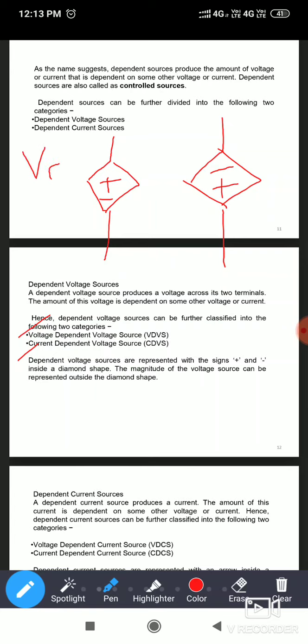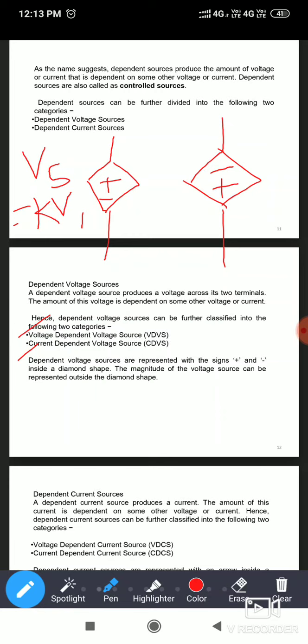So I will give an example. Suppose Vs is equal to K into V1. So V1 is some voltage across any element or across a particular branch. या voltage V1 च्या व्हॅल्यू वरनं VS ची व्हॅल्यू ठरेल. ओके, where K is the constant. K कॉन्स्टंट म्हणजे काय, 1 2 3 1.5 2.7 anything, that will be the constant value.